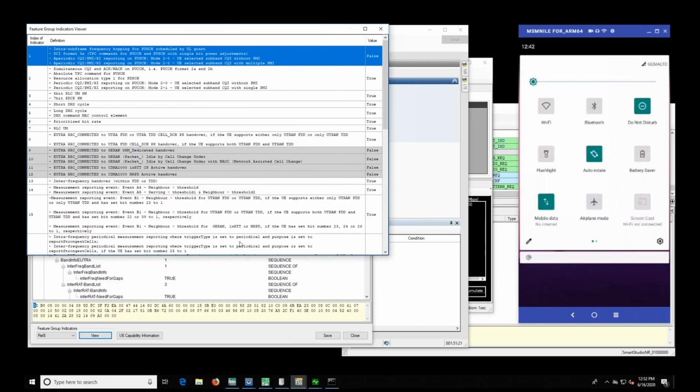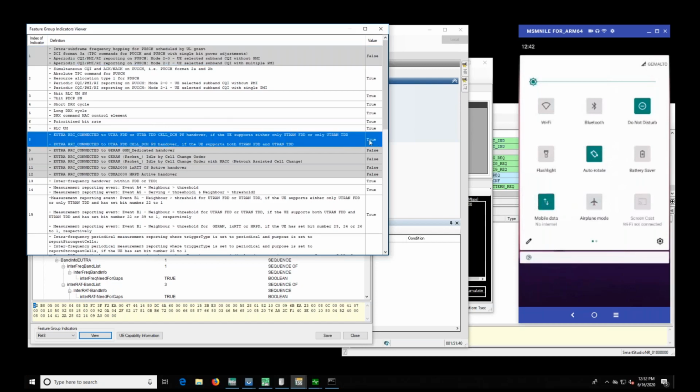So if you're looking at something in particular, maybe packet switch handover, and for some reason the UE is failing packet switch handover, you could go in, look at the feature group indicators and see, oh, well, this is true. It does support it. FGI 8, it's supposed to support it. Then what else is my other issue? What can that other issue be? So it's very valuable